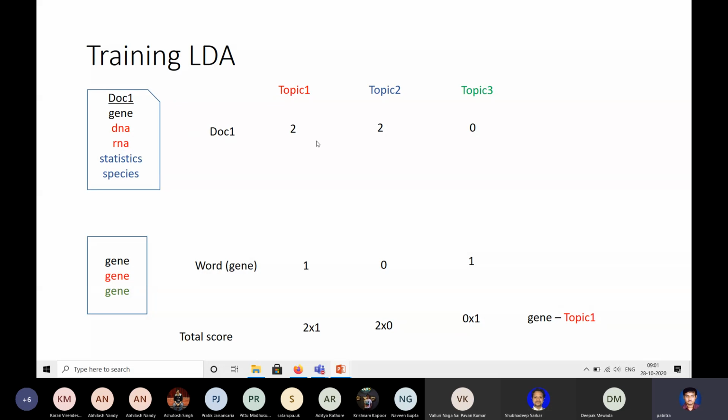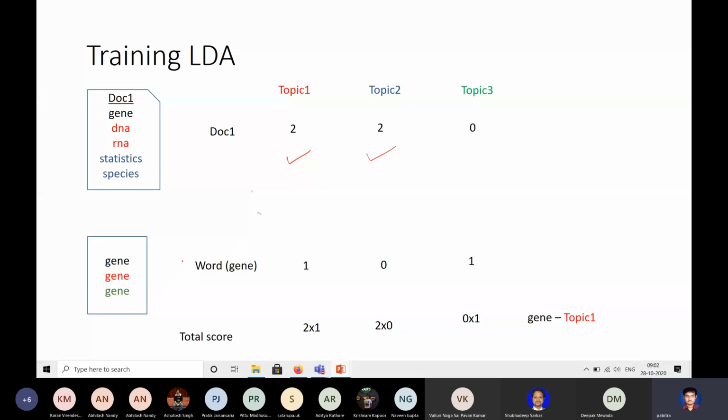So let us look at the topic proportion. Let us look at doc 1: there are two words belonging to the red topic, 2 belonging to the blue topic, and 0 belonging to topic 3. So what you do is you take the majority. Red is the majority, or actually here there is a tie, so these two are the majority. How do I break the tie? I can either put red or blue.